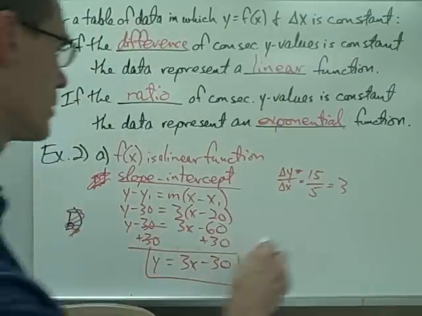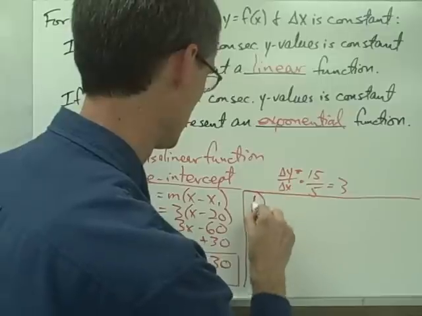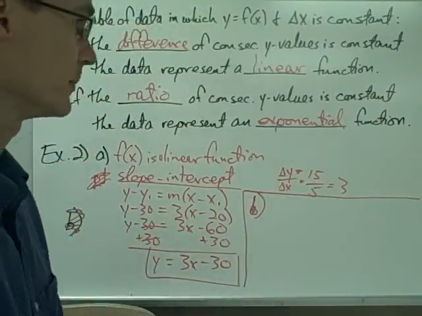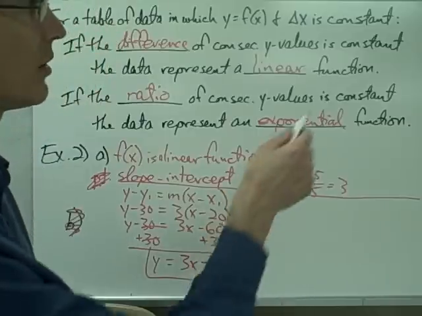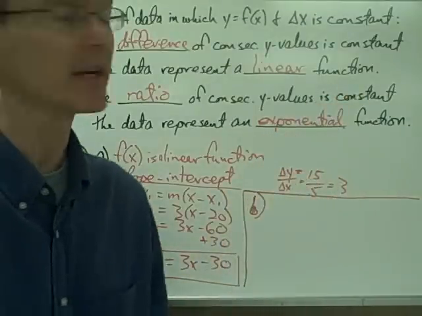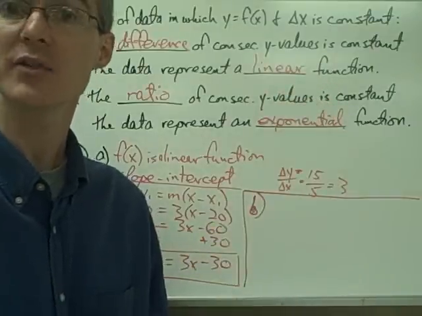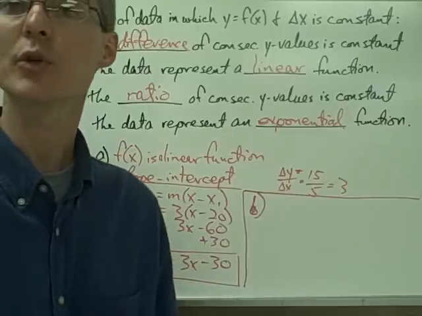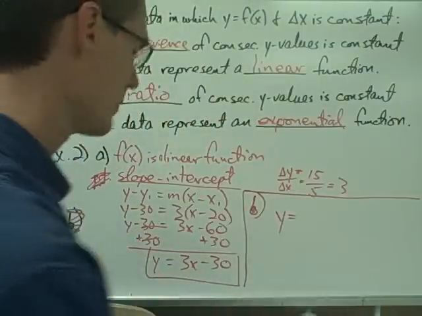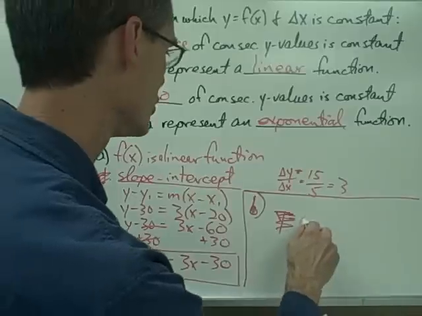Now for part B, let me move part B over here. Part B, I want to find the formula for my exponential function. Well, to find a formula for an exponential function, I'm just going to use my calculator. If I put all of my x values into list 1 and all my y values into list 2, I can use my exponential regression function on my calculator. And that will tell me that my exponential function, let's call it g of x,